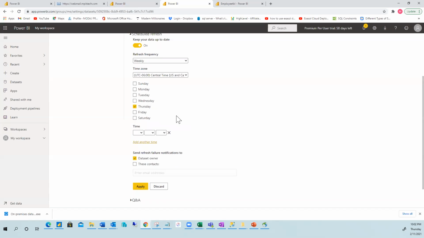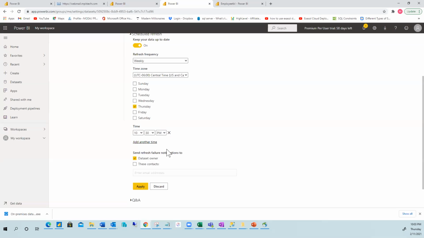So if I want specific, I can come here and say, you know what, I want this to, what's the time now? This is 10 o'clock, right? So I can say 10. This is another bad design here, in my opinion. You can't do 10:15. It has to be either top of the hour or 30 minutes after top of the hour. All right, that's how it works. Okay, so I'll say 10:30, and this is either AM or PM. So PM. All right, obviously we're not going to be here to be able to see how this works,